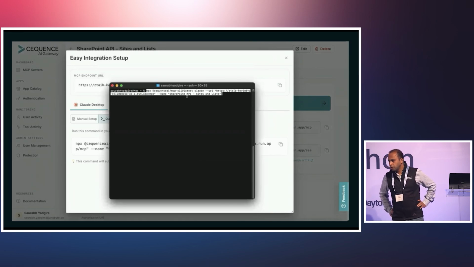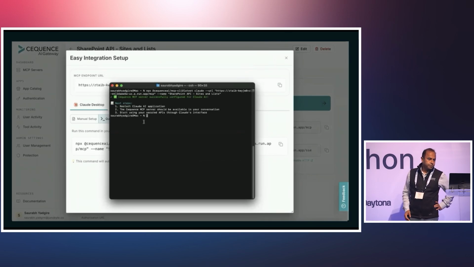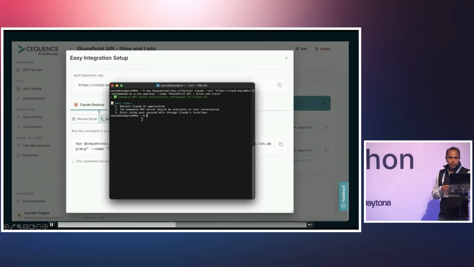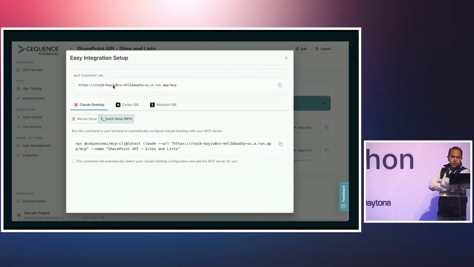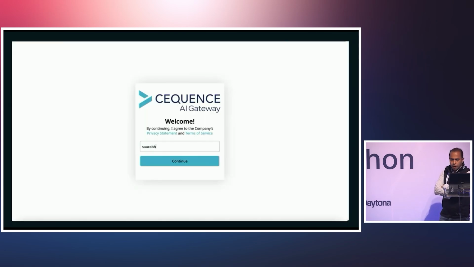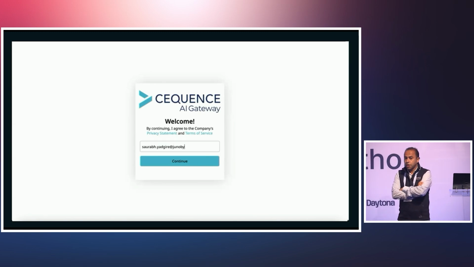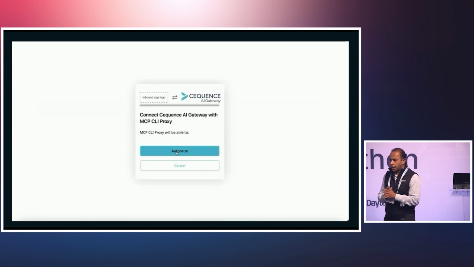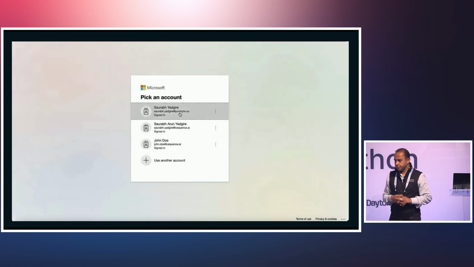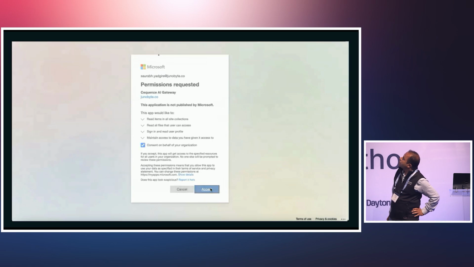So in this case, we're going to deploy it for Claude, so we have a simple command line that can help you add that. So in this case, we're going to bring up Claude. The moment you bring up Claude, the first thing that you do, because you've added this MCP server, is authenticate yourself, right? Like, who are you? Because based on that, the MCP server is going to give you access to data and the tools that are available, right? So in this case, this user is authenticating. It is asking for the permissions, what it's going to access.